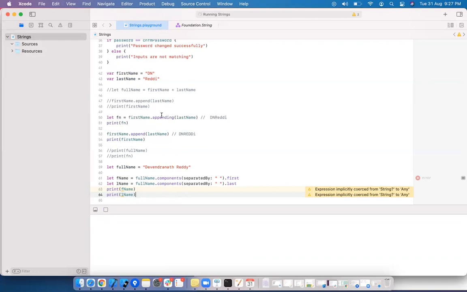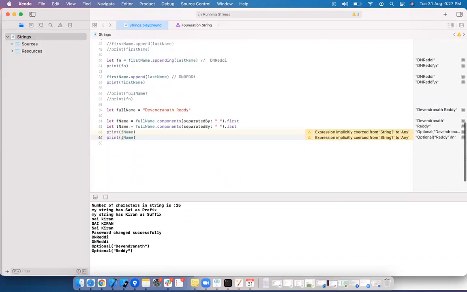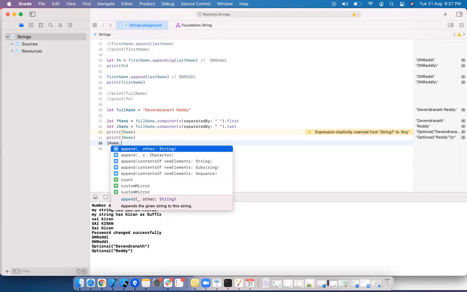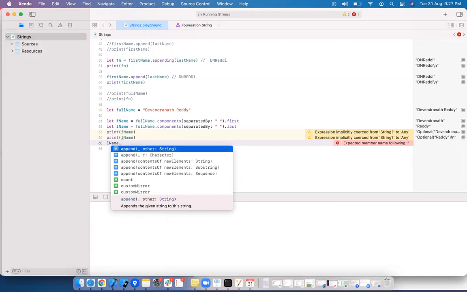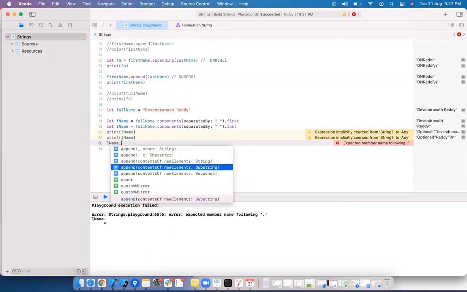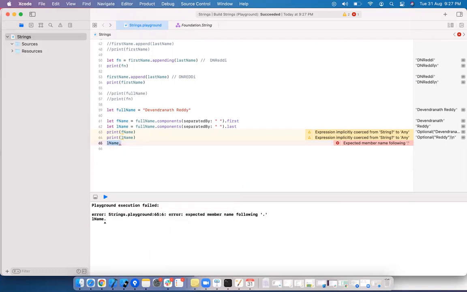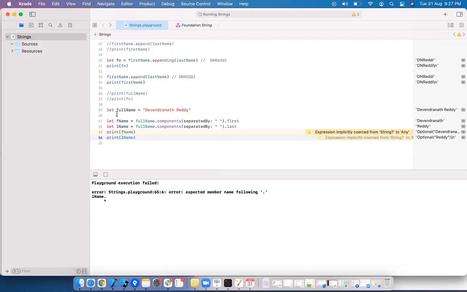Like this, there are many methods in the string class. Based upon our requirements, we go inside the string class and use them. Or when you simply type a string object dot, you will see all the options: what different methods and properties it has.